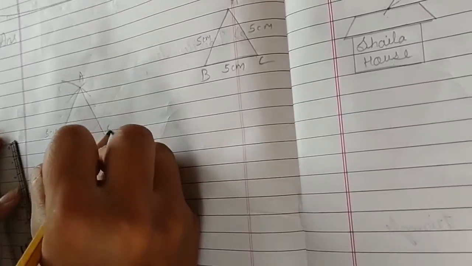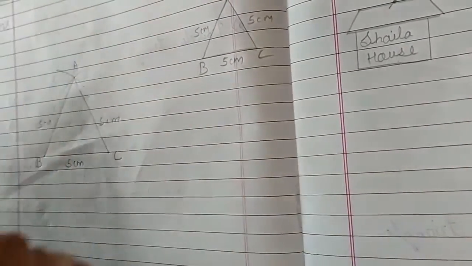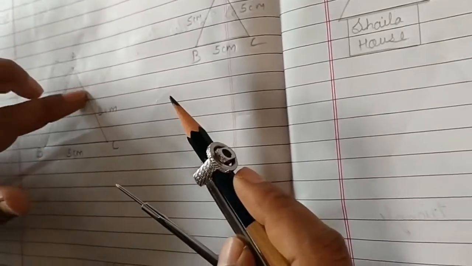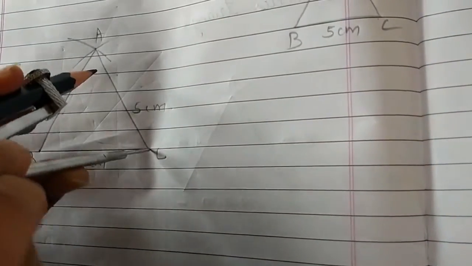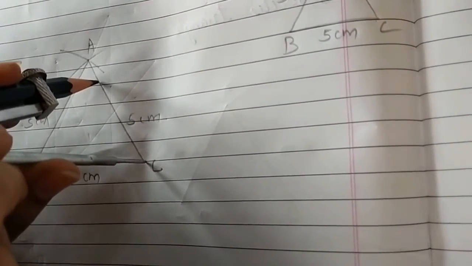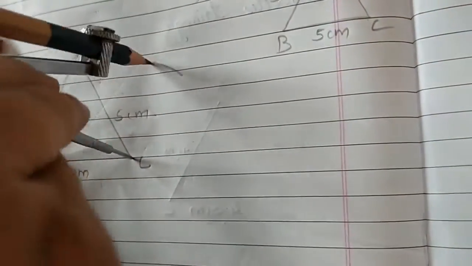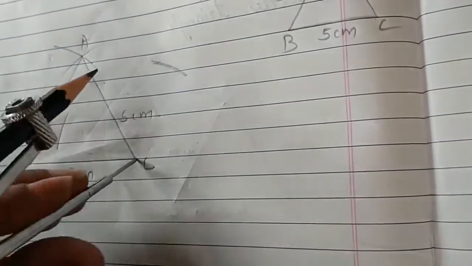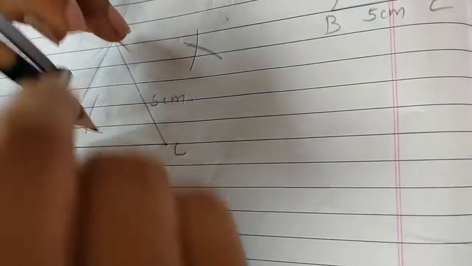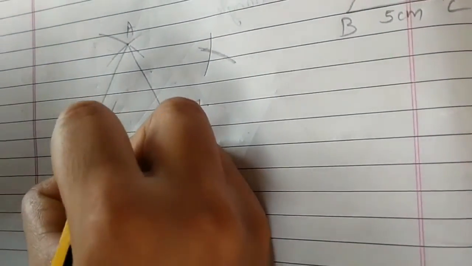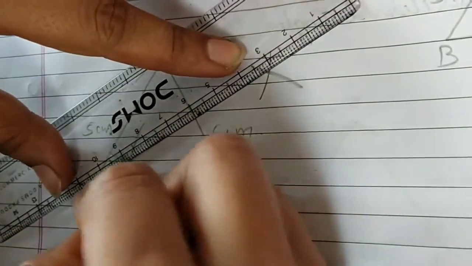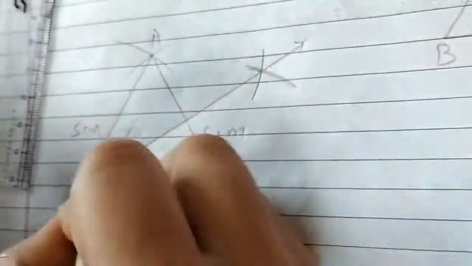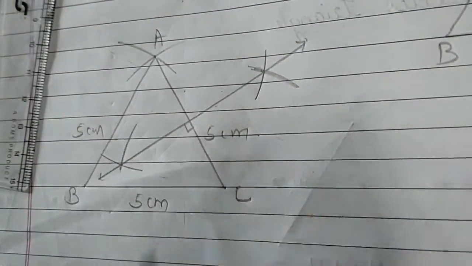5 centimeters, 5 centimeters. Now with the help of rounder I will take a perpendicular bisector. Okay, now you know perpendicular bisector more than half. So of AC I am taking perpendicular bisector more than half. I am making an arc here and again I will make an arc here. Then I am keeping my rounder point on A. I will make another arc and here also another arc. So we get 2 points. So I will join these 2 arcs. So this is perpendicular of segment AC.